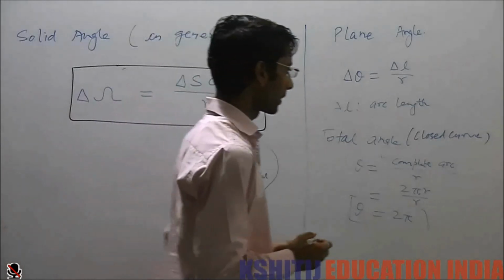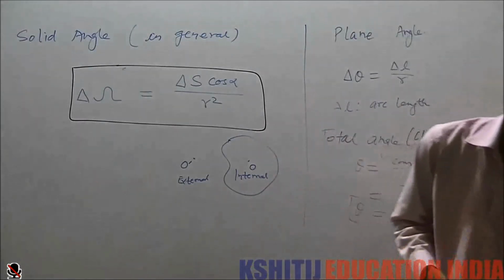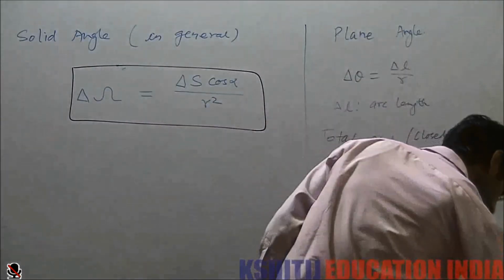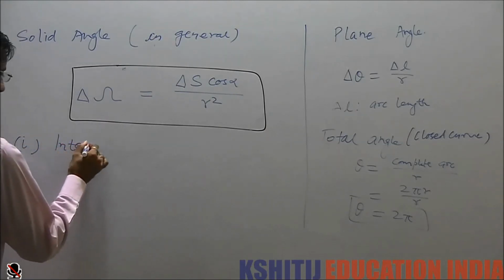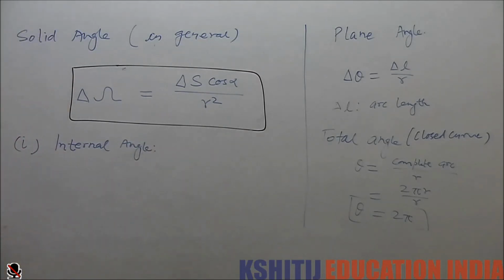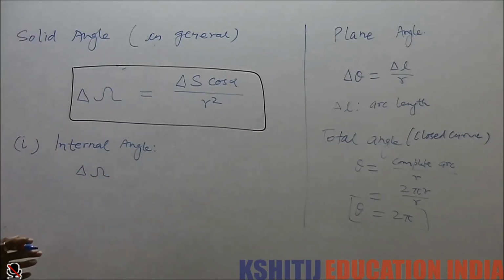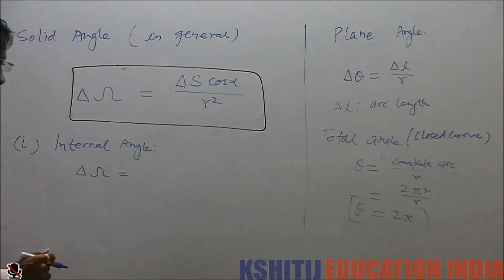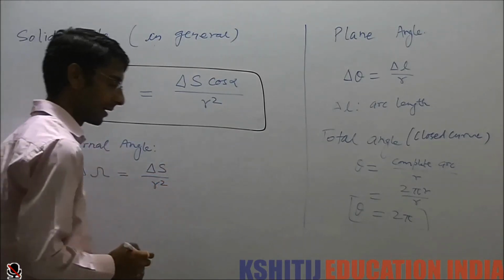So what we are talking about here was our internal angle, total internal angle. So let's talk about total internal angle in the solid case. First we are talking about internal angle. What is the total internal angle? We know that if we consider a sphere, in that sphere we will have delta S by R square as the